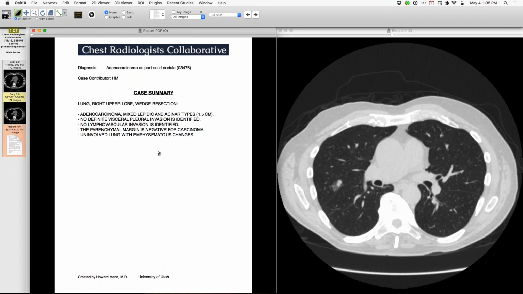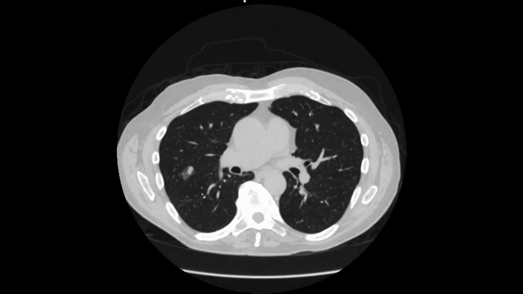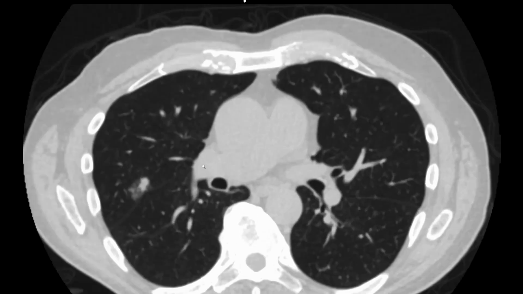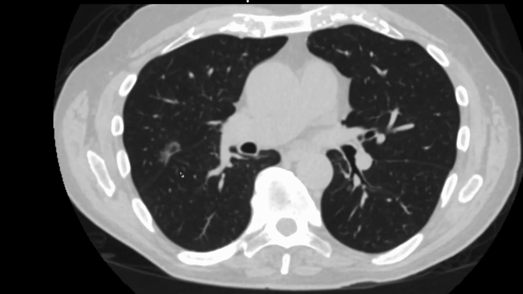Hey, Howard, on this current example you have up, it also nicely shows a little bit of a focal retraction of the fissure. Let's have a look. Right there. Yeah. Okay. I mean, in theory, you could get it with focal fibrosis, but I don't know. When I see that, and the other thing,